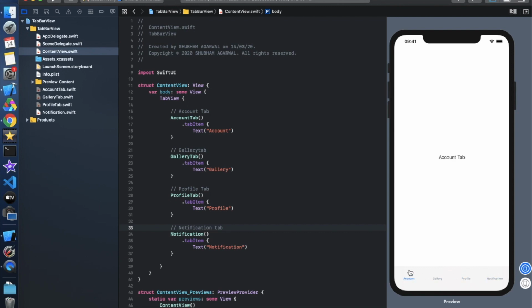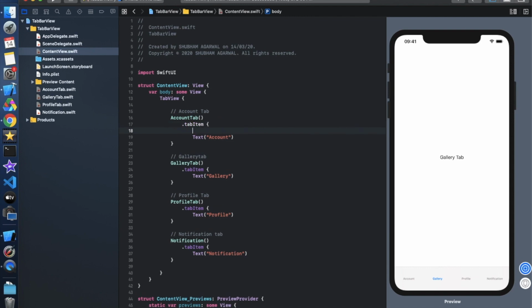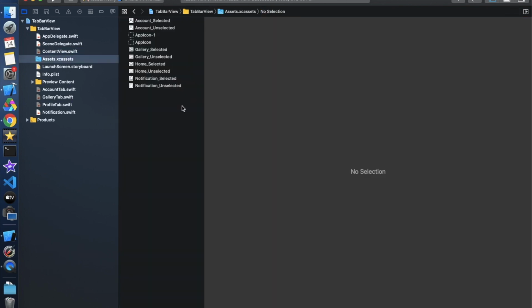So now it's working fine, but there is no image, and the color is also blue, which we don't want. We can customize this. So let's look at how we can add the image. For adding an image, we have to take one image parameter over here, and we have to take that in an HStack. So I'm quickly taking all the images and importing them into the asset folder. So I've added all the images in the asset folder. Now we can access the names of these images.